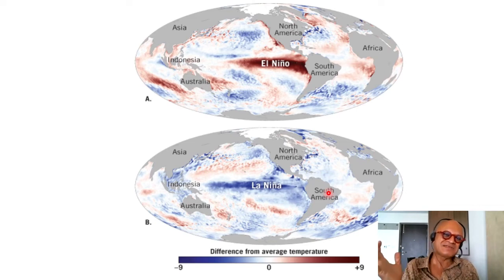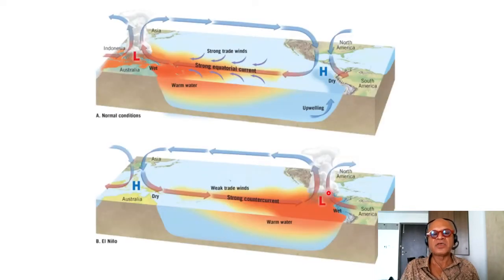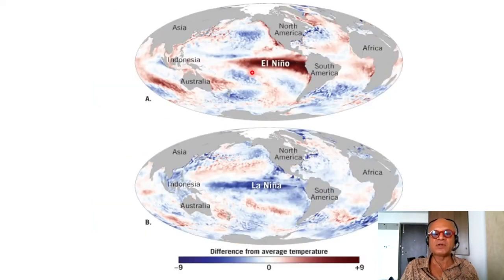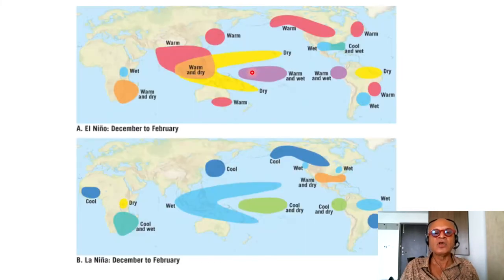So the entire weather and climate system is perturbed by El Nino and La Nina. There are many details I'm not getting into, but as you can imagine, the thermocline gets deeper during an El Nino, and gets shallower than normal during a La Nina, which means upwelling is reduced, which means phytoplankton is reduced, which means fish can be reduced or they may die. Species living on Galapagos, which is a very rich hotspot for biodiversity, suffer, but they have evolved to deal with this El Nino, La Nina phenomenon over time.